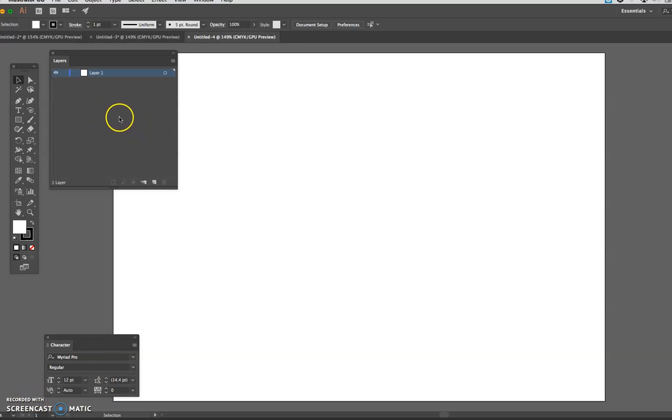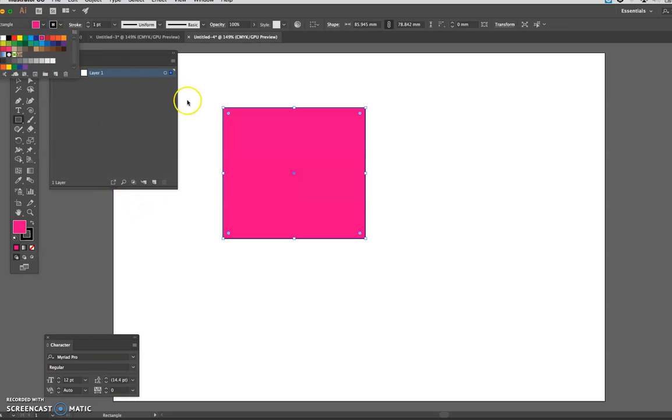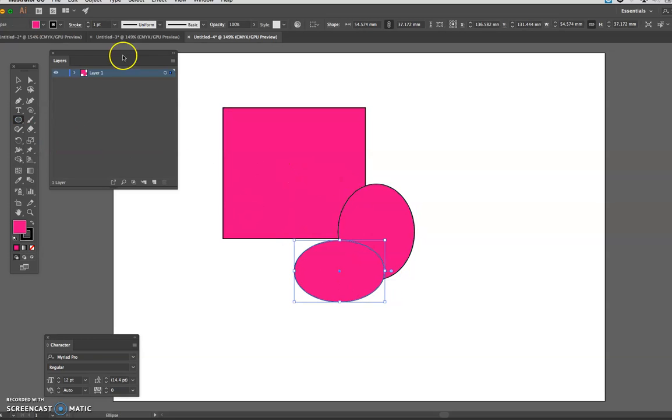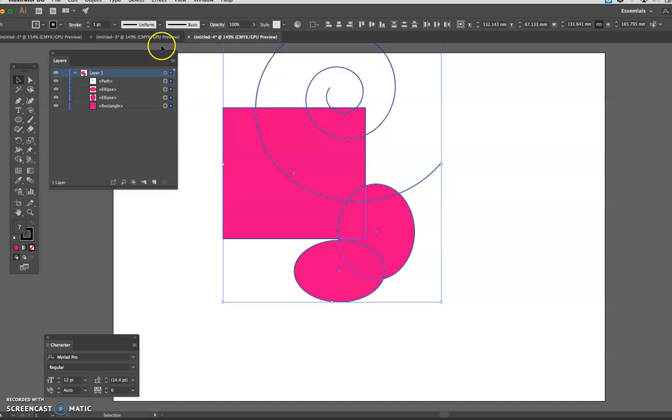A compound shape in Illustrator is a method in which you can combine drawings and shapes in a single sublayer. So basically, when you create shapes, every time you draw something in Illustrator, you're creating sublayers, and that gets increasingly complex. So one of the ways you can minimize that is to